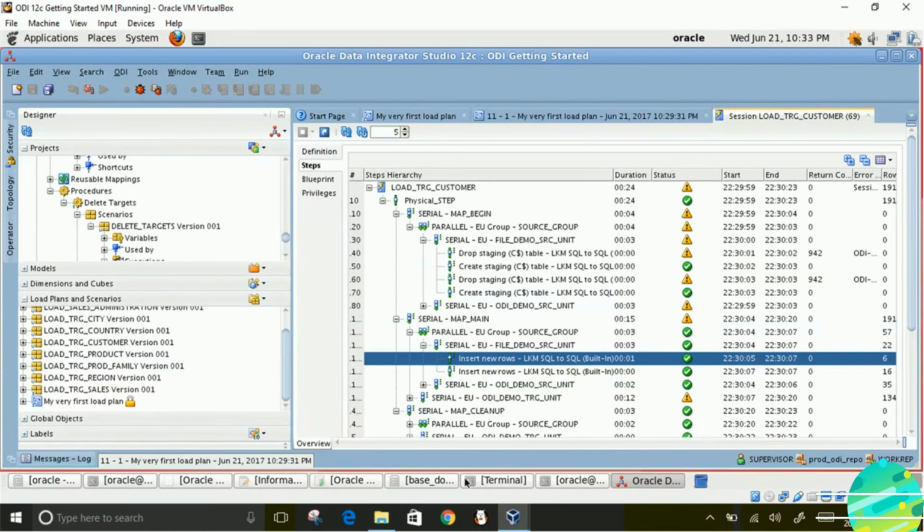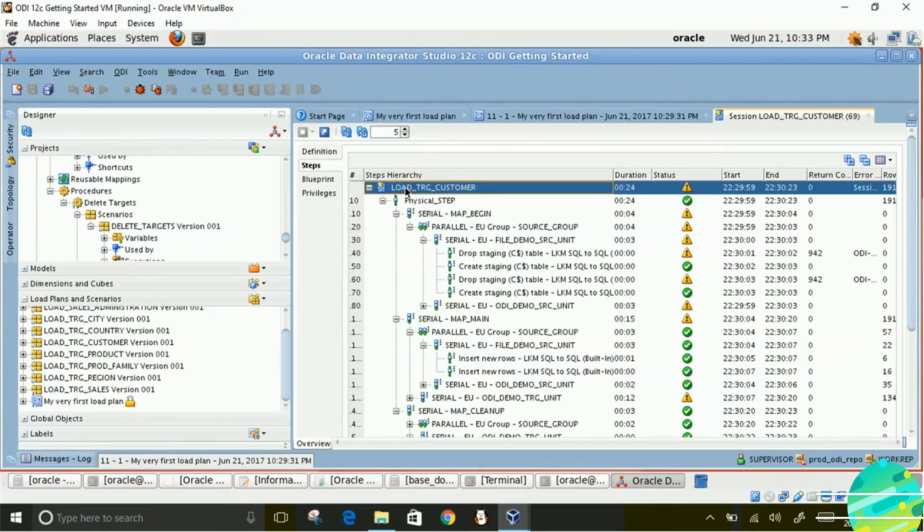It actually tells you was there any error, how many rows it selected, how many rows were inserted. All those details you can find in the